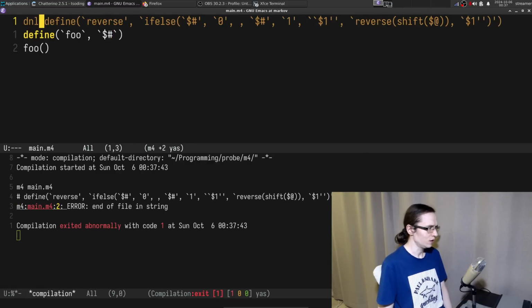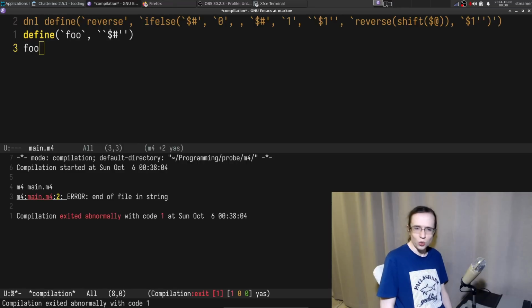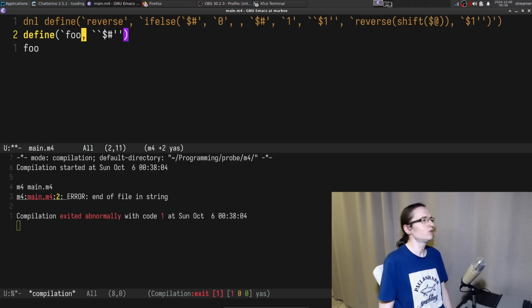Right, can I do GNU in here? End of the file string. I didn't actually expect that, so I suppose this is... Okay, everything's fine. So maybe what I have to do something like this. So do I have to do something like this? Why doesn't it work? Oh, it's also...